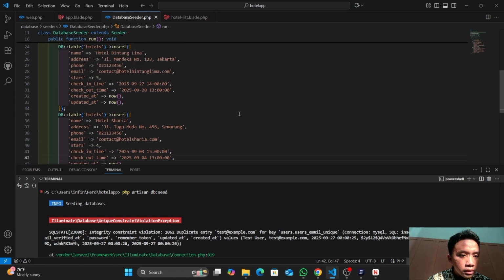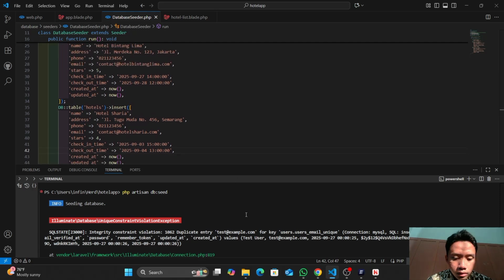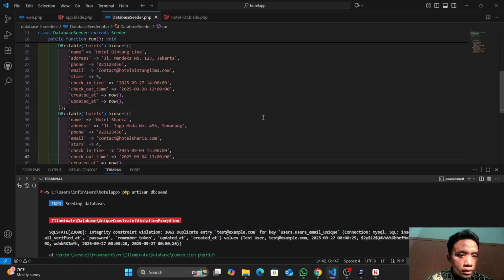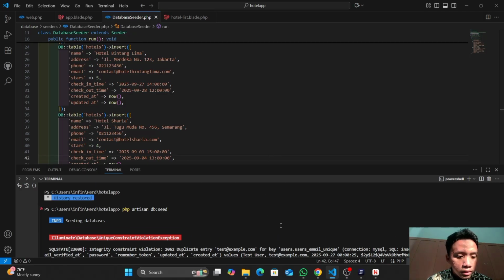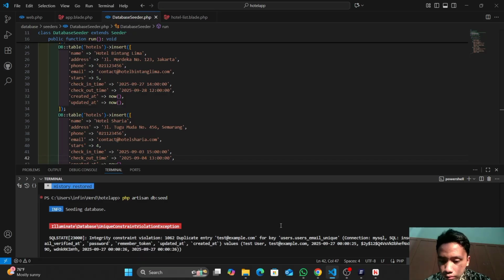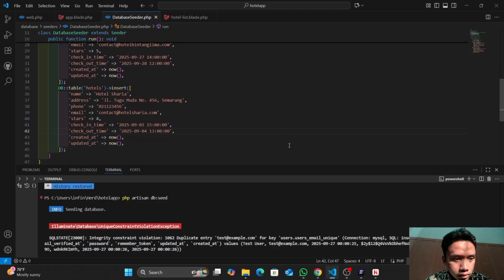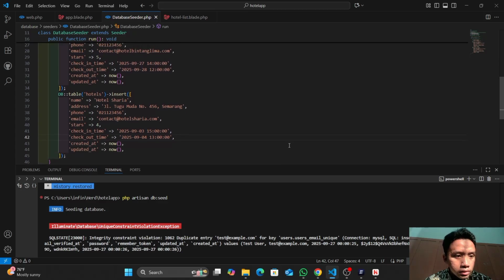And after that, I think it says visit, but there is an error. Maybe in some line we did not follow the rule, but it's okay. The important thing is the data appears in phpMyAdmin.